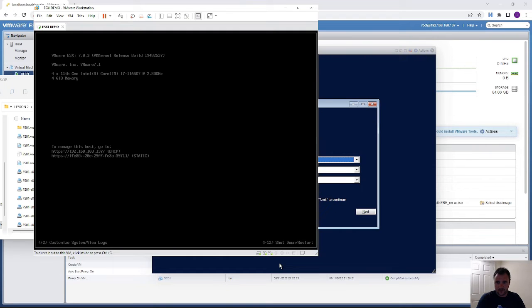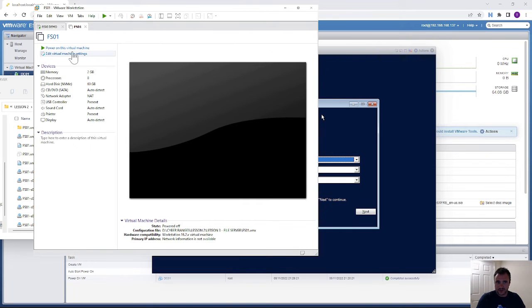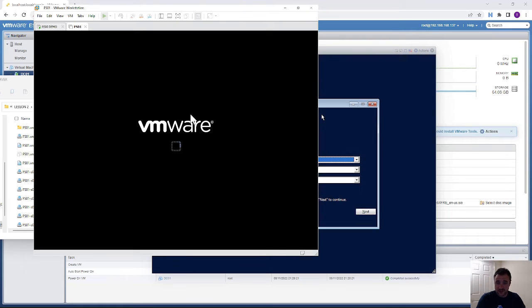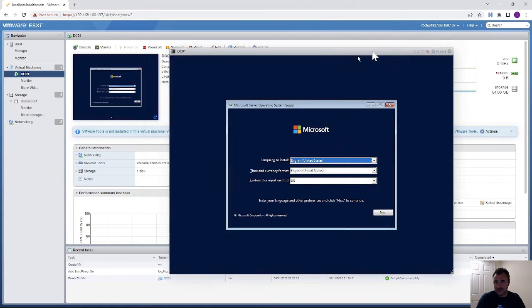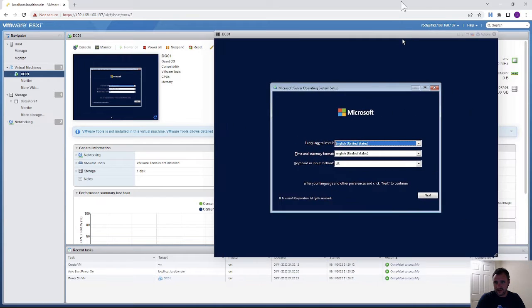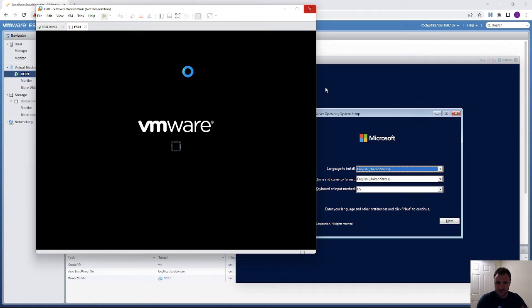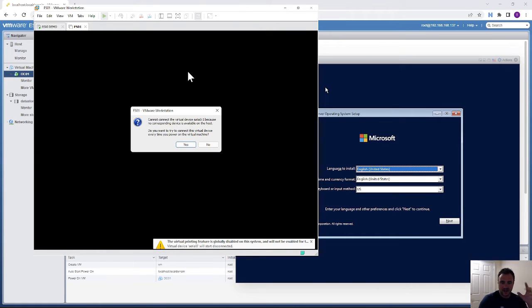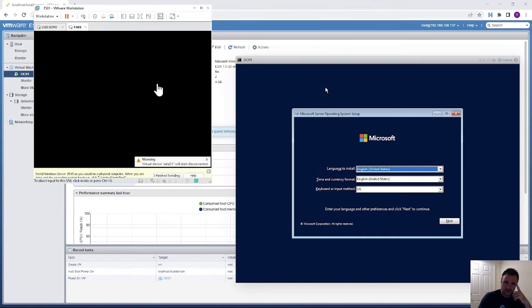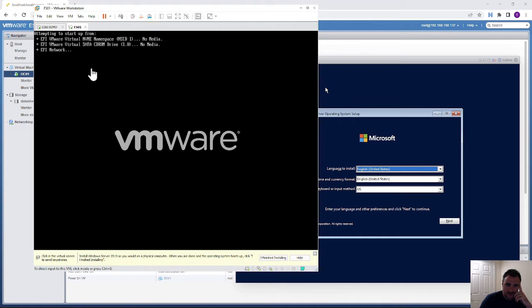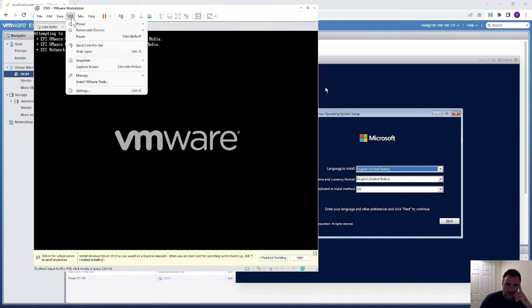Cool, so we're going to let that boot up, and we're actually going to hopefully try to do them side by side, and then try to make them communicate with each other. So that's that, and that's within the window of that. So this should be booting now. That will boot to a blank virtual machine because we've not got our ISO attached. So that'll be booting to a blank, and then if I just go power,